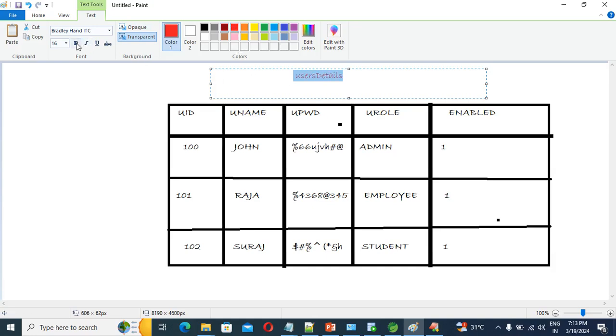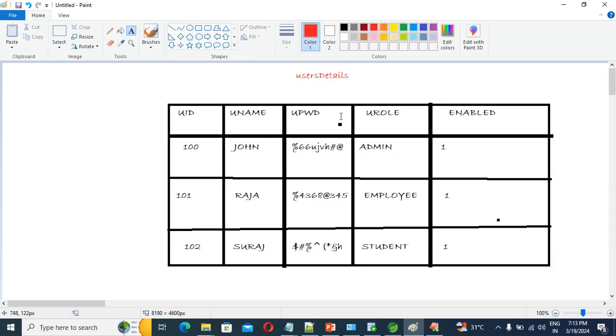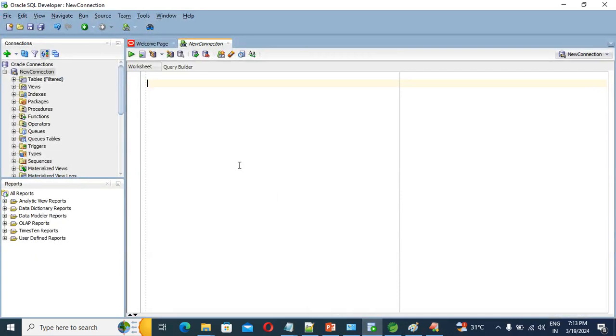This is the user details table, guys. These are all the data we are going to save into the respective DB. So first we are going to open our database. Come here, guys. First I will explain how we are going to create the table, how we